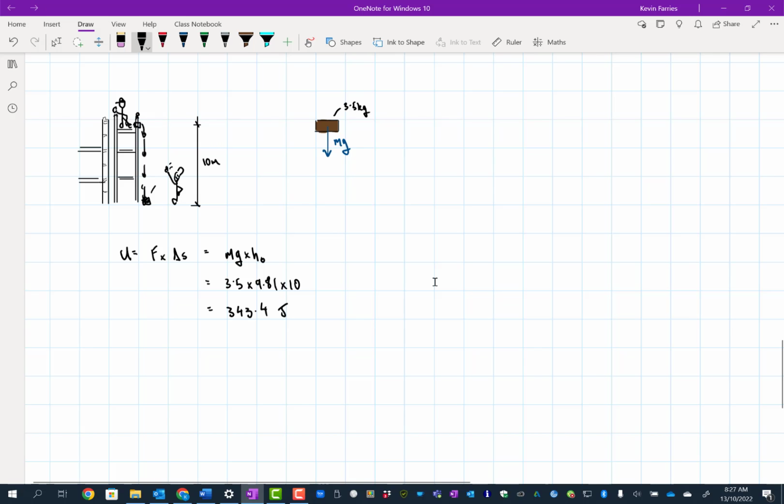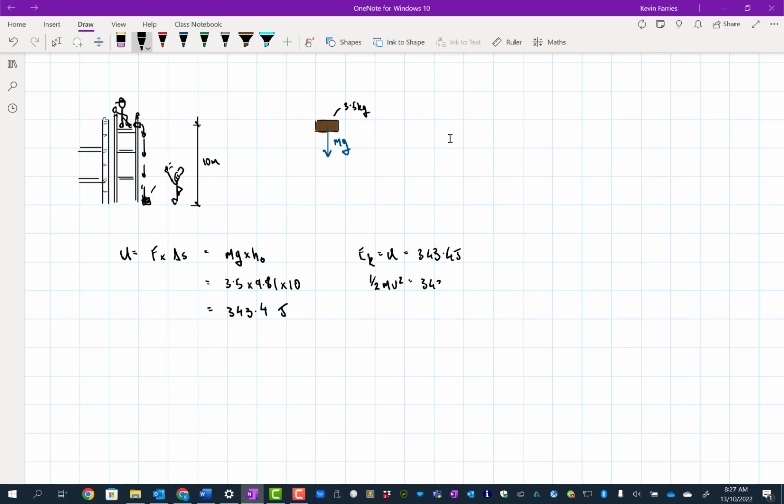Now, we'll get to the equation of work and energy soon, but we can just say this is doing positive work. It's going in the same direction as gravity, so it's imparting energy to this brick. If we ignore air resistance, all of that energy is going to be transferred to kinetic energy of the brick. So therefore, EK is going to be equal to the work done, which is 343.4 joules. And we know that kinetic energy, you just have to learn this, half mv squared